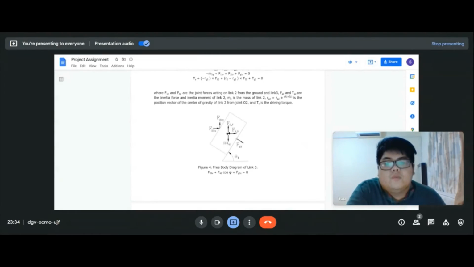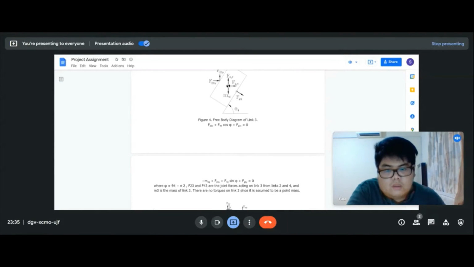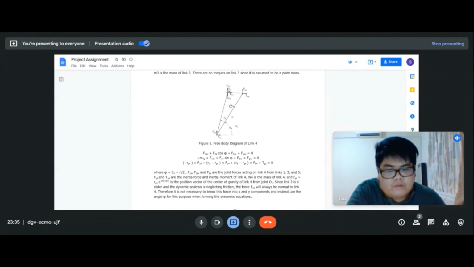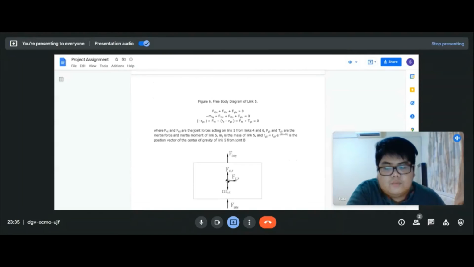Okay, so next we will go to link 3, and link 3 is transmitted from link 2. The force is transmitted from link 2, and then it will go to link 4. And we have obtained the equation from our reference. So we have link 4, link 5, and link 6. All they have the separated